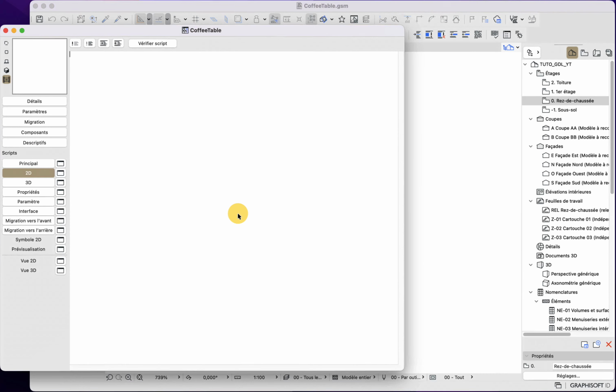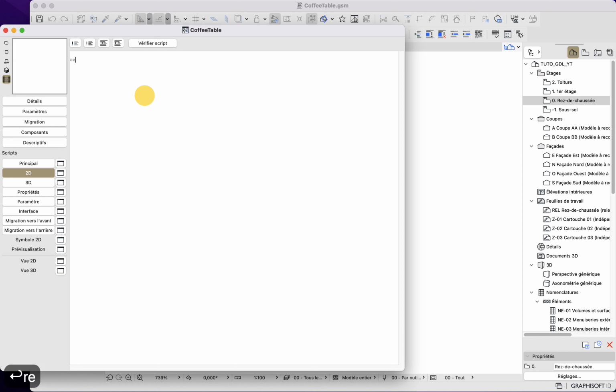So that's what we will do now. Here, I will call rect2 space and then 0, 0 for my bottom left coordinates and 1, 1 for my top right coordinates.